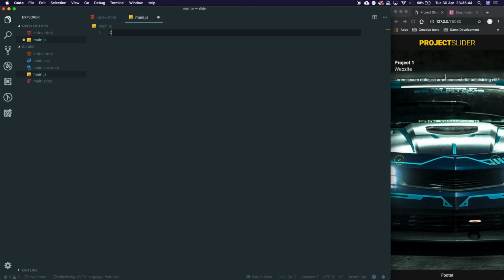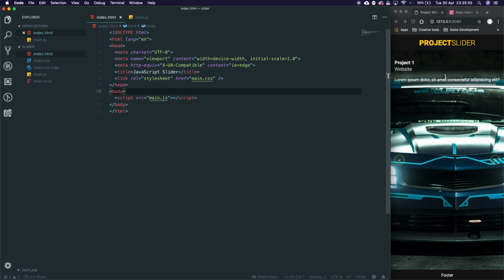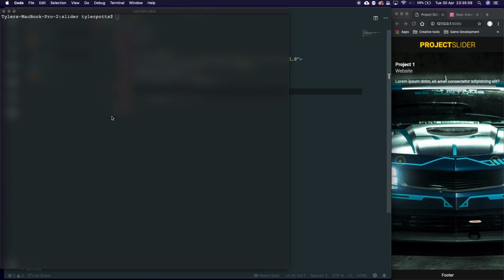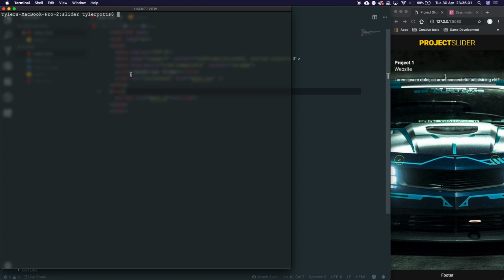And we don't have to write anything in there. We can write console.log "script connect script enabled" and save that. And now we need to run our server. So in our terminal, we want to run